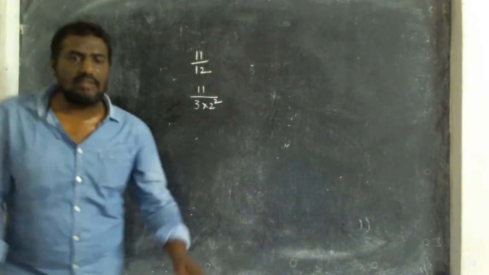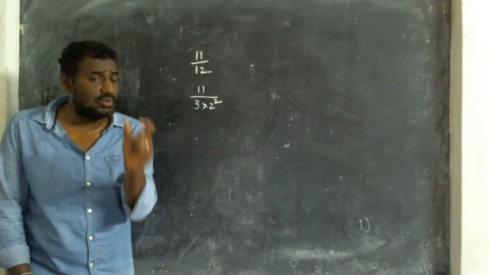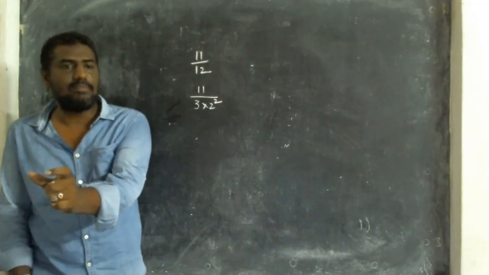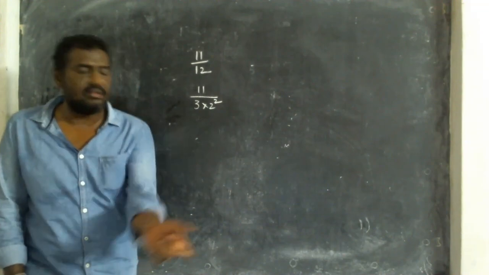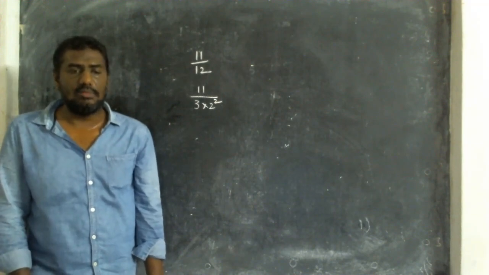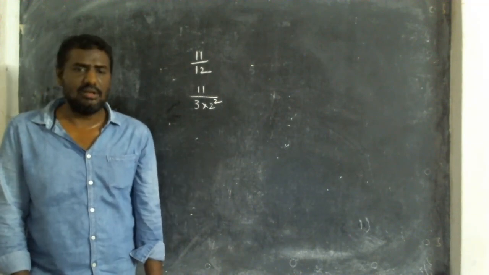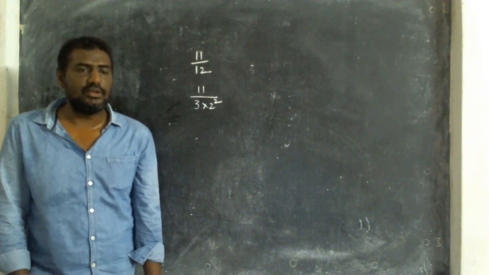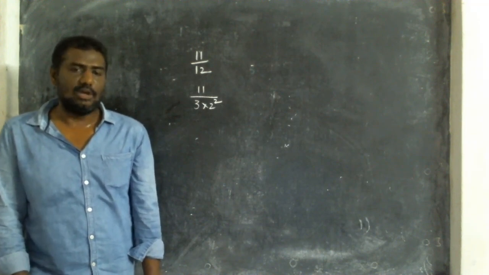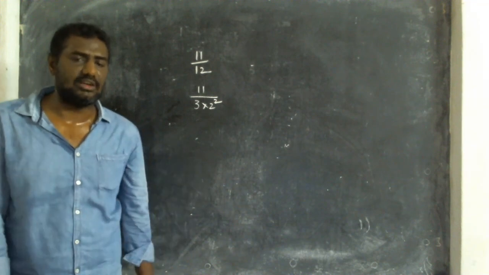So while converting to decimal, keep it in your mind: look at the denominator. How many 2's are there? That many 5's you have to multiply. How many 5's are there? That many 2's you have to multiply. Understand? Whichever is less, with that we can multiply. Okay, children. The rest of the problems we'll do in the next session. So up to here, I hope that you understood. In the next session, we'll do some more problems regarding this exercise.